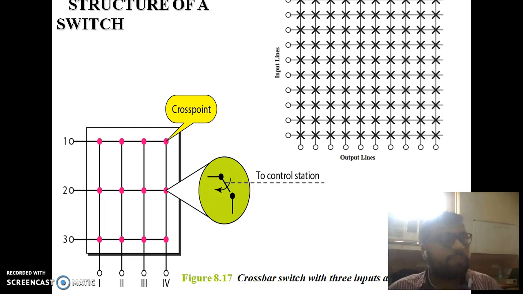So as we all know, switching is basically something which establishes connection between two parties so that they can talk to each other. The first switch is a crossbar switch. The basic problem with a crossbar switch is that if n people are communicating with n people, then we need n square number of cross points. And these cross points are made up of different switches, so it becomes costly to use a crossbar switch, because as the number of users increases, the number of cross points will also increase.